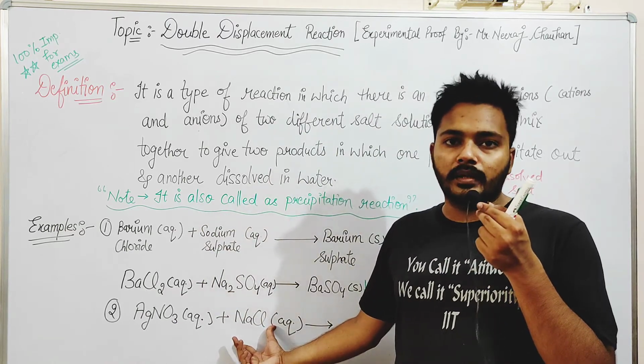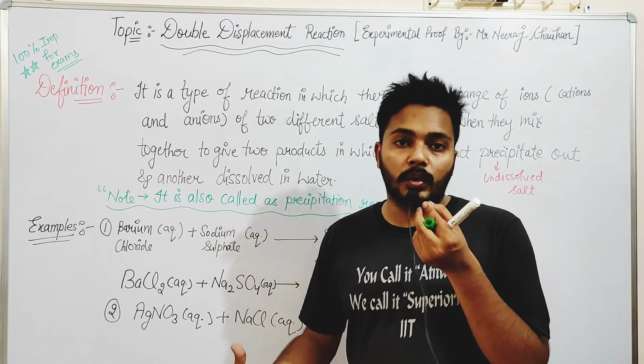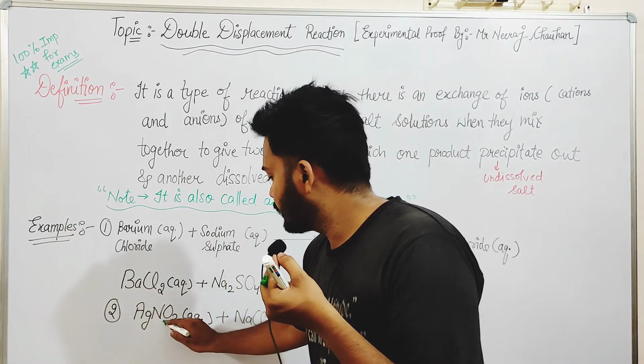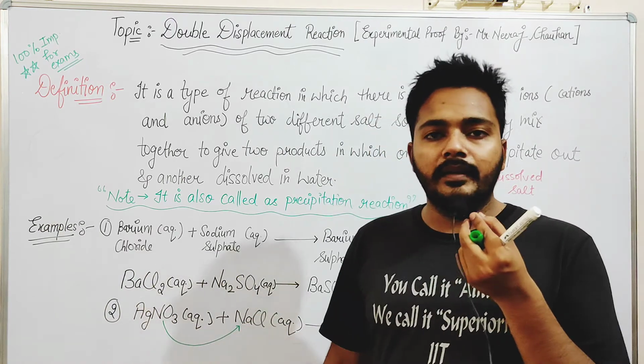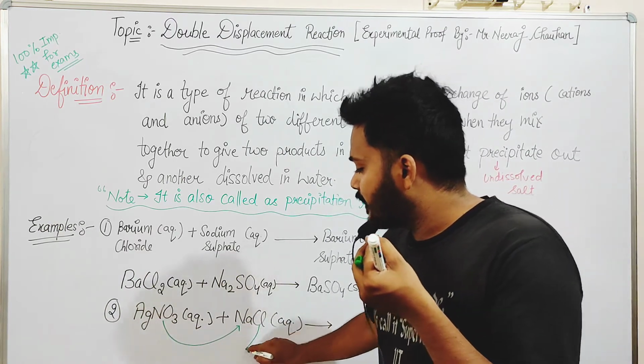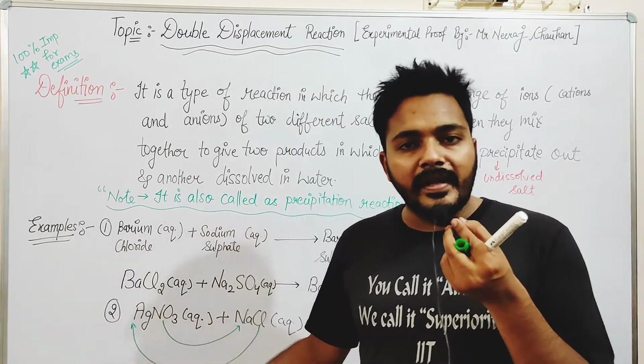What will be the product? The simple funda is to exchange the ions of both salt solutions. Join NO3 with Na, join Cl with Ag. So the final products are